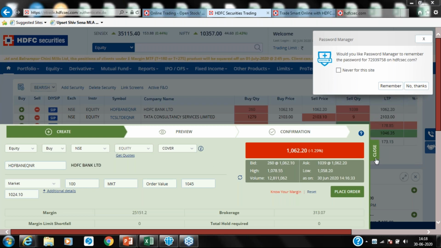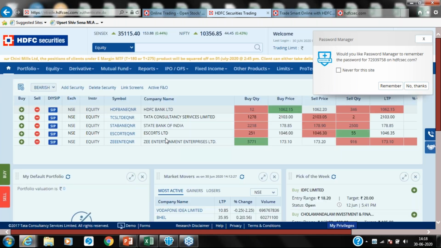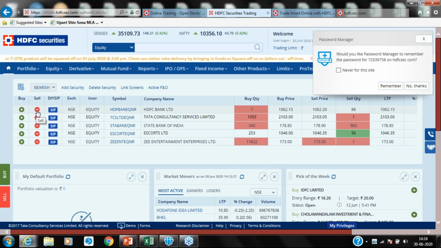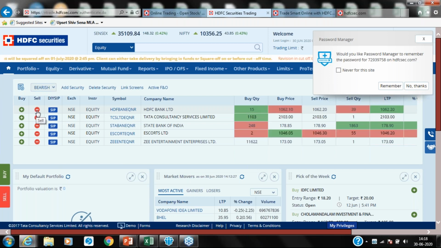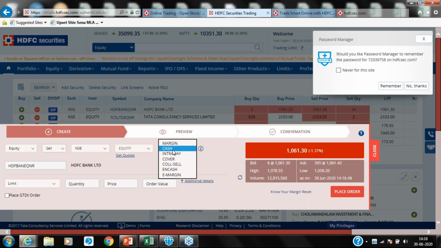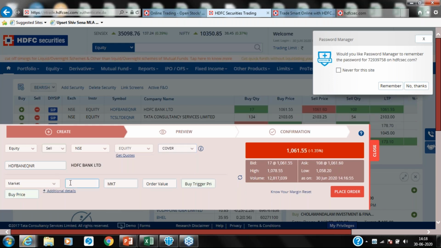Now, just like I've given you a buying example, similarly you can short sell a stock. Let's suppose I have a bearish view on HDFC Bank, and I believe that HDFC Bank will go down further today. 1062 is the current price. I believe that it will go down 10 rupees lower, and I want to short sell using leverage. So I can use the cover order facility, enter the same quantity, and in this example, since we are short selling it at a 1060 level, I have to put a higher stop loss. So I am keeping it at 1076 level.